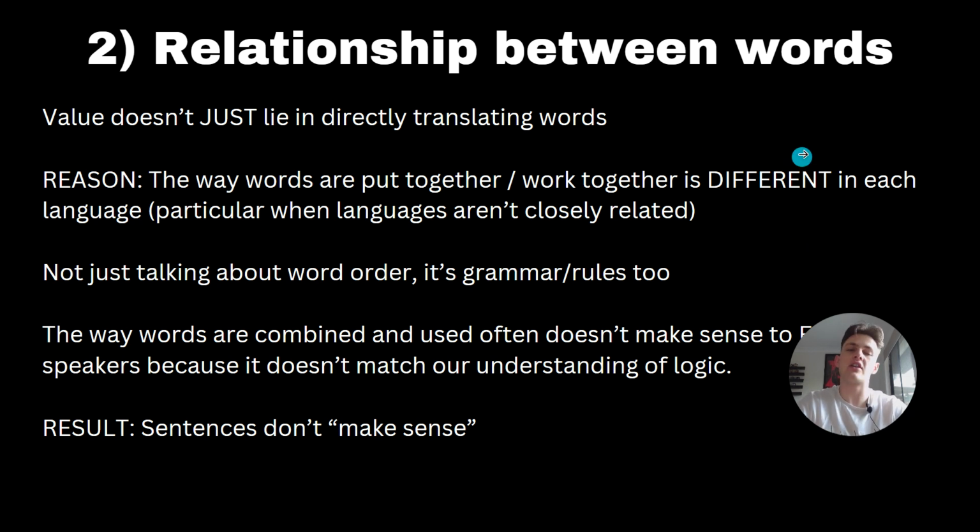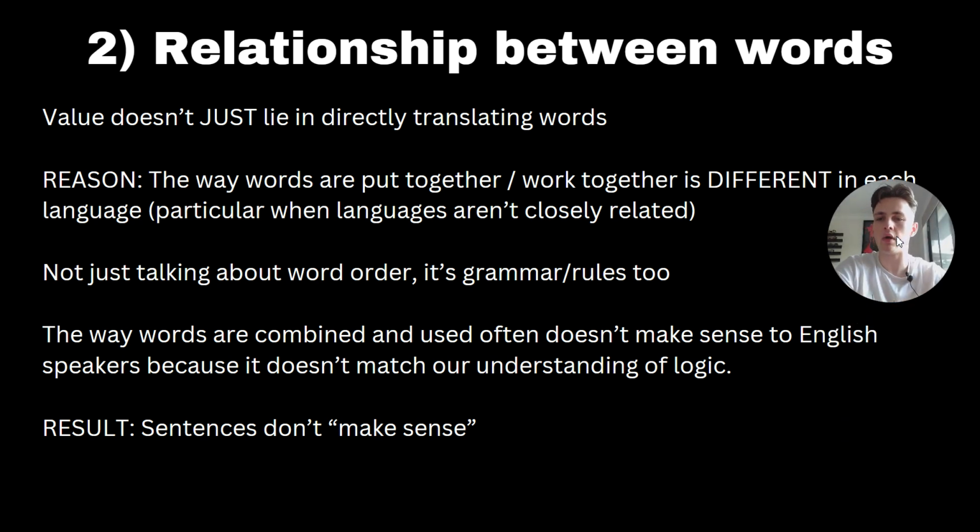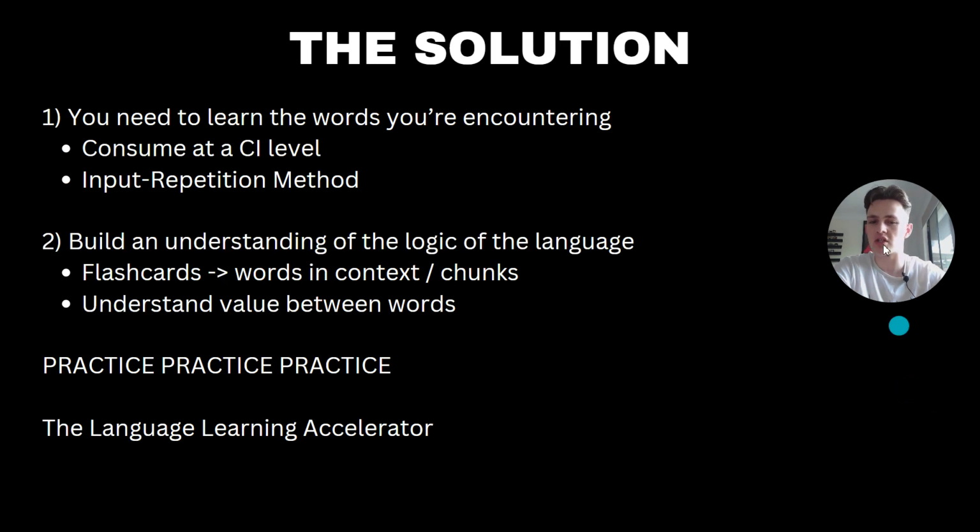And that is why you actually have a lot of difficulty reading, because even if you did understand the direct translations of words, the way they're actually put together just doesn't make sense a lot of the time, particularly when it's more different. So what you actually need to do to solve this is through repetition. It's through consuming a high amount of content so your brain actually learns the way the language works. But this is literally the second reason that you have difficulty understanding what's being written down. You have difficulty reading. It's simply because the logic of each language is different, and you only see value in translating words. You don't understand that actually